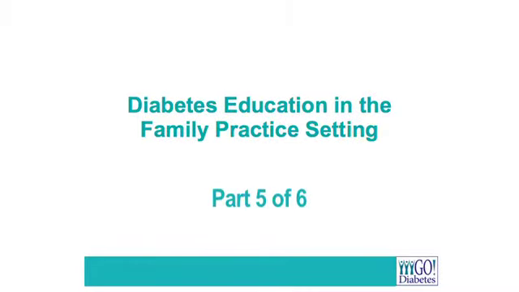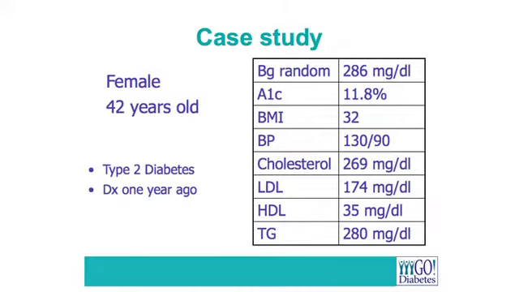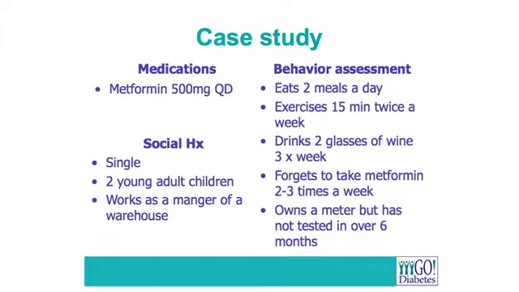Okay, so let's go back. So this is our patient, and let me ask you the questions. What would your plan be regarding her diabetes self-management? Just tell me something. What would you do? One thing that you think would be good, that you have identified as a high priority problem. Blood sugar monitoring. She needs to monitor her blood sugars. Okay, so we need to dust off that meter, find where it is, and get some new strips probably and get it going. That would be one.